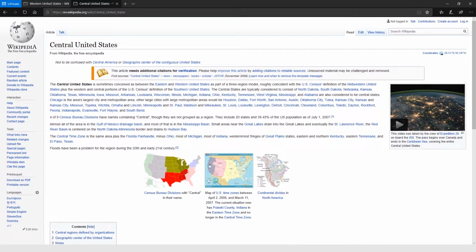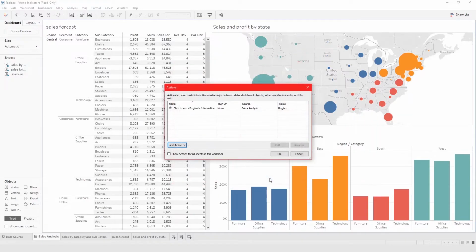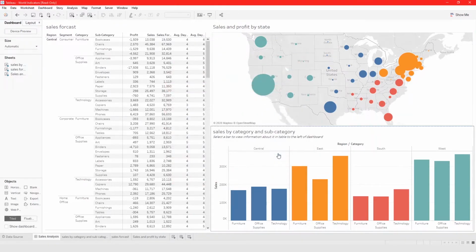So when we go back to Tableau here, this is pretty much done. We can do new browser tab. We can choose different options, and then we can allow multiple values, things like that. You can customize this a little bit, but let's just leave the default as it is and click OK. And then click OK. Now when we hover over something, we don't see the action we just put in, but when we click on it,